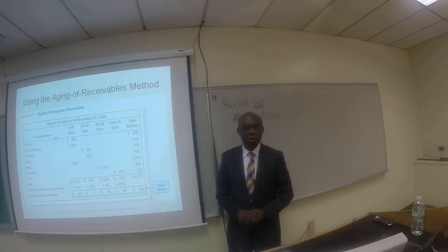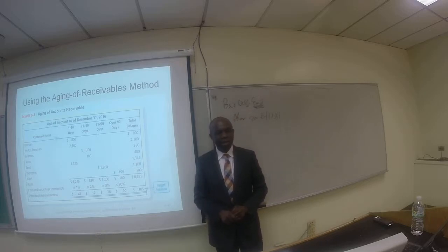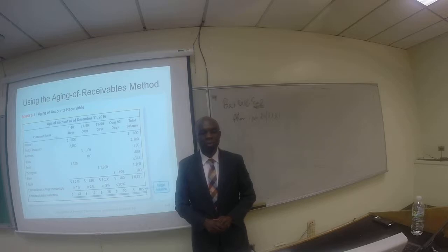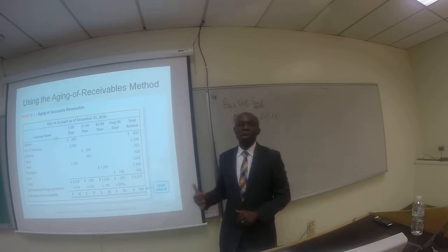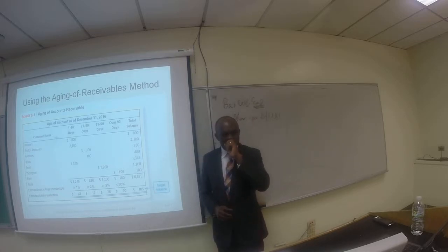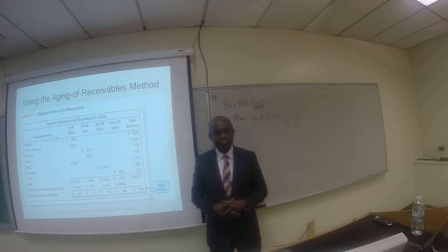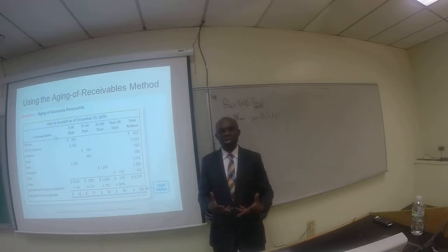This is part 4 of chapter 8 presentation. Chapter 8 receivables. This is where we left off on part 3. Here we are going to demonstrate how to use the aging of receivable method to make adjustment